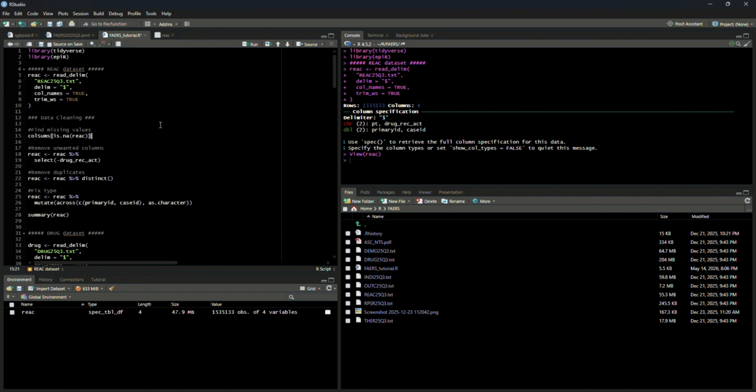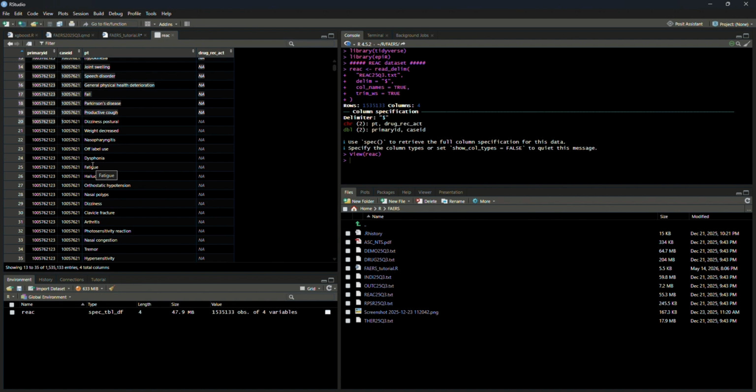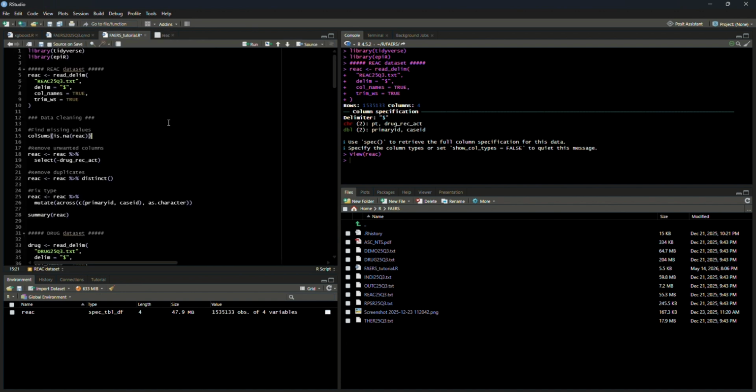Anyway, but from looking at this file, it looks like they were either able to select adverse reactions from a list or something, or someone fixed any spelling errors. Yeah, it looks like it's quite clean. So I don't think I need to worry too much about fixing characters. Okay. So this one